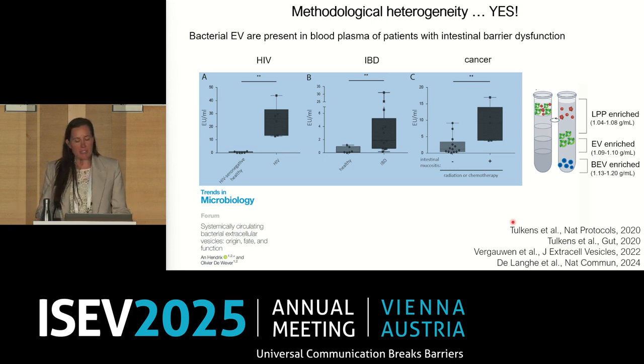And in our particular case, by implementing a particular protocol that we set up in the lab, we were able to be the first group to discover the presence of bacterial extracellular vesicles in the systemic circulation of patients that were suffering from an intestinal barrier dysfunction, including, for example, HIV patients, inflammatory bowel disease patients, and cancer patients treated with chemotherapy or radiotherapy. So yes, methodological heterogeneity is very important to understand the full complexity of extracellular vesicles in